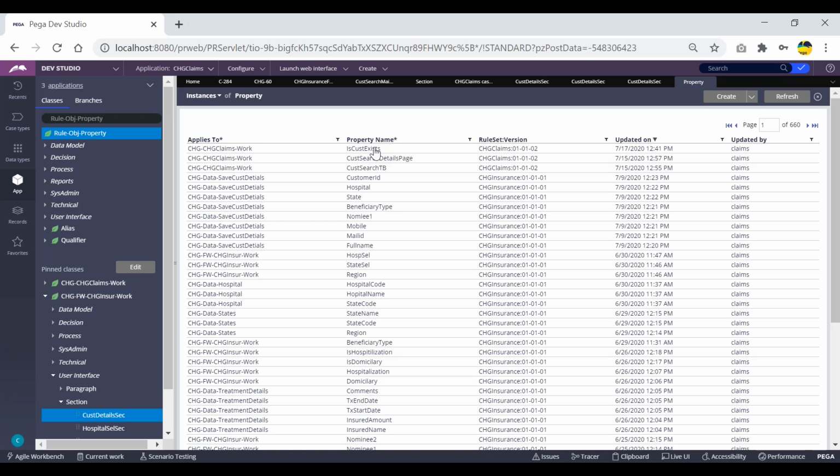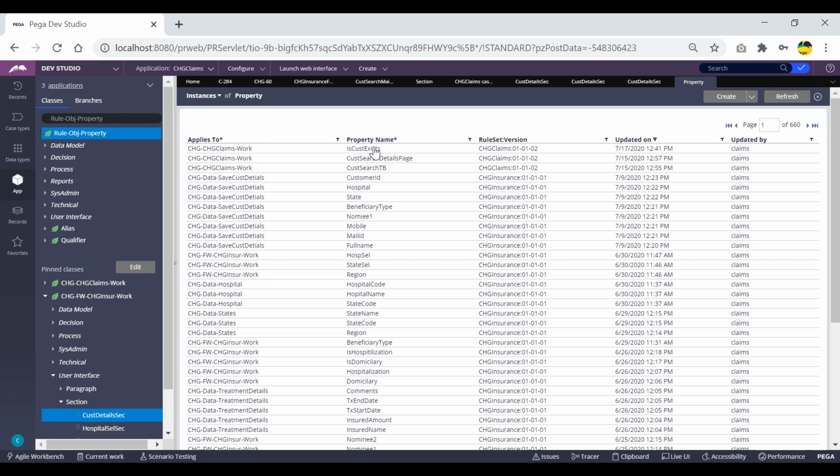So in interviews they will be asking you, what is the instance class of when conditions? What is the instance class of flow actions? What is the instance class of flow? In that case, what you have to answer is, I will simply get the pzInsKey value of that particular rule, then I can identify the instance class. This is how I can make use of the instance class. This is what you have to answer.